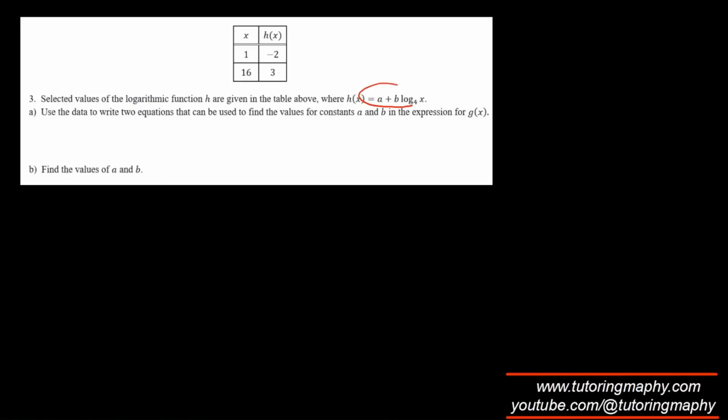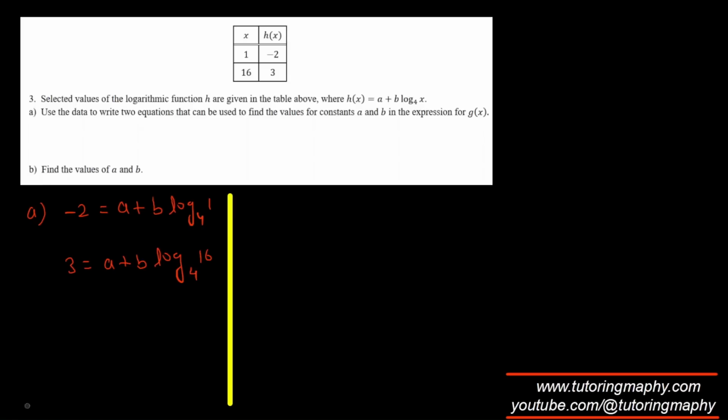Similarly, the log function looks a little different because it's with a base of 4, but eventually the process is the same. So for a, the equation is going to look like -2 is equal to a plus b log of 1 with base 4. And the other equation is 3 is equal to a plus b log of 16 with a base of 4, right? Okay, in order to solve it,